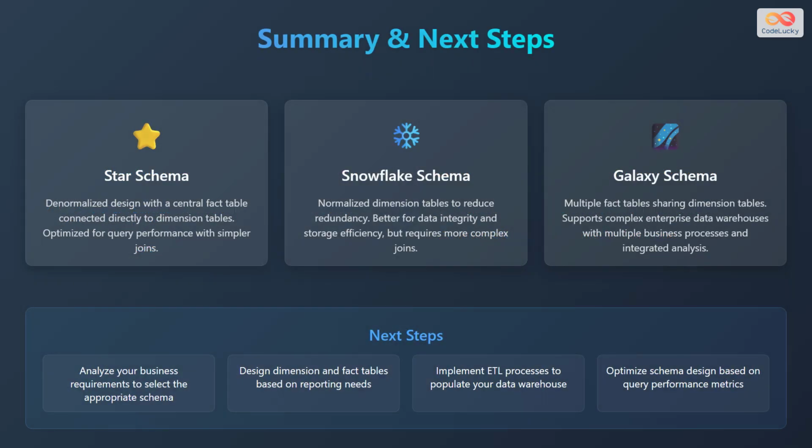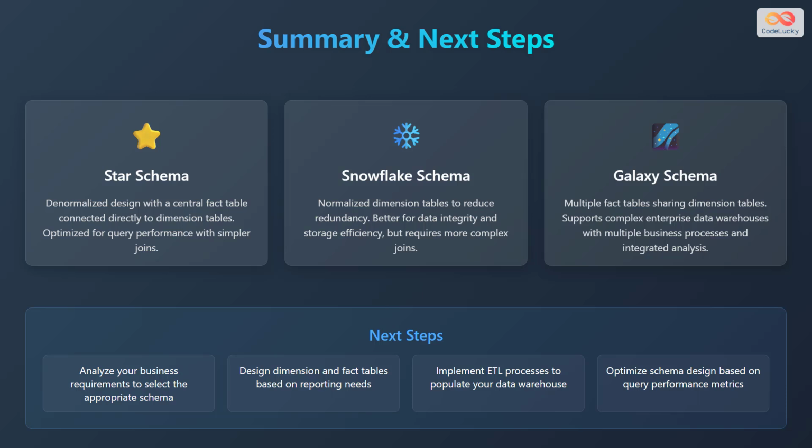In summary, the star schema is a denormalized design with a central fact table connected directly to dimension tables, optimized for query performance with simpler joins. The Snowflake schema features normalized dimension tables to reduce redundancy, better for data integrity and storage efficiency, but requires more complex joins. The Galaxy schema has multiple fact tables sharing dimension tables, supports complex enterprise data warehouses with multiple business